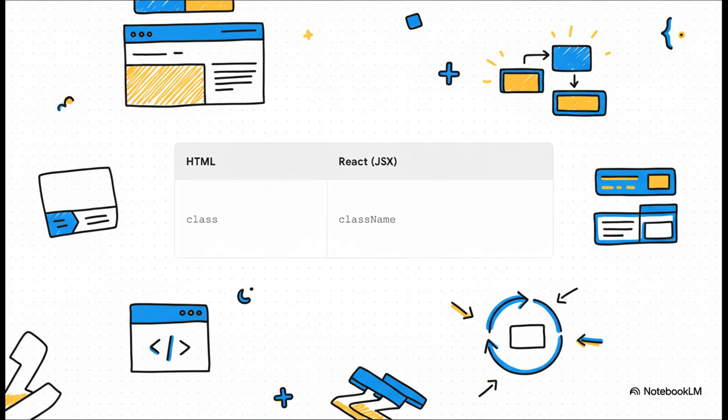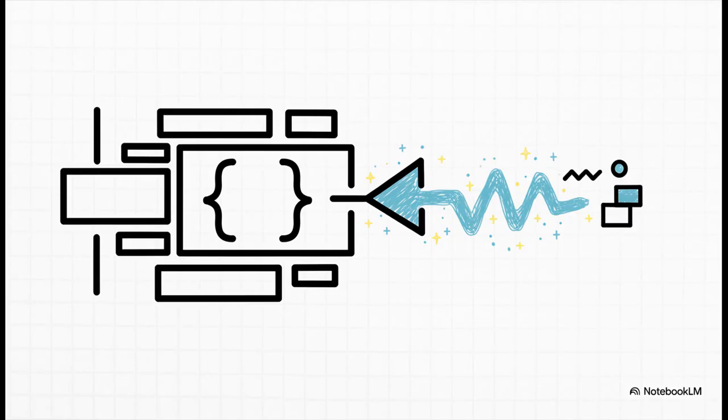Now, here's a key thing to get. They don't use plain old HTML. They use this thing called JSX. It looks a lot like HTML, but it's actually JavaScript, which gives it superpowers. But because it's JavaScript, you've got to play by its rules, like using className, since class is a special reserved word. And this is where the real magic happens. See those curly braces? Think of them as a little escape hatch back into the world of JavaScript. You can stick variables, numbers, even function calls right inside them, which is how you make your UI dynamic and